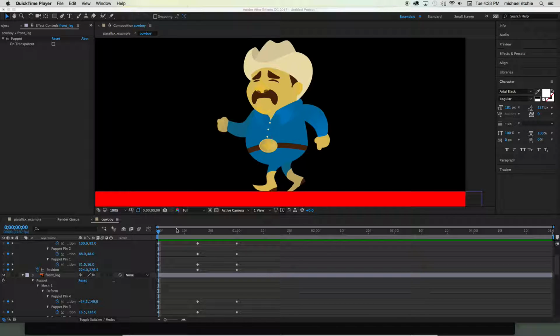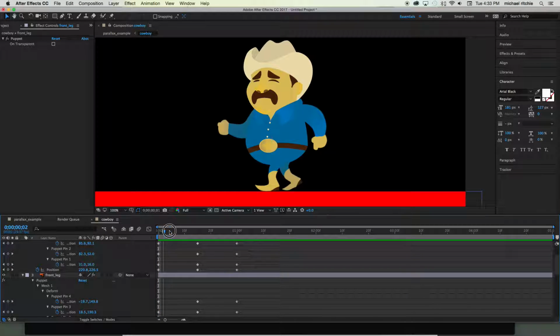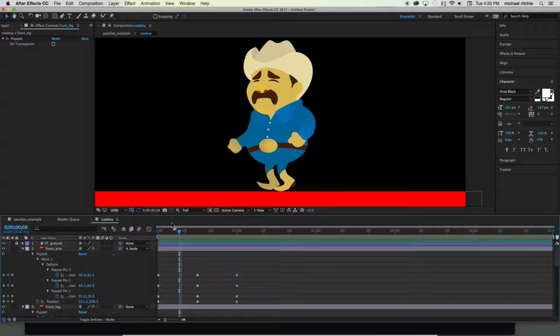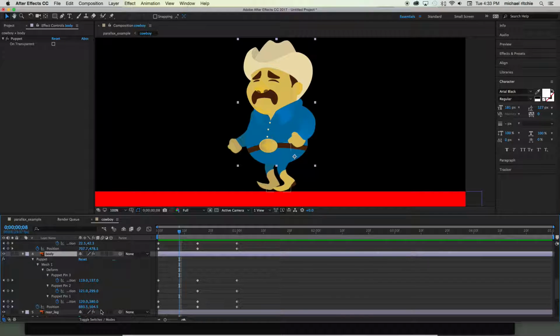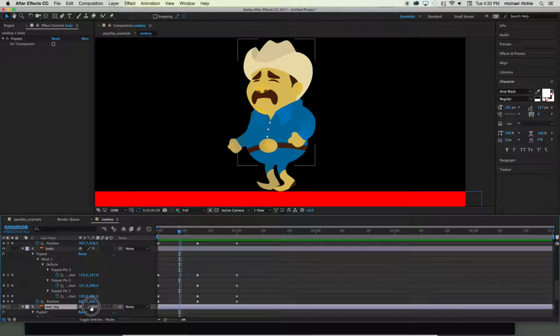All right, so we've got our two different down positions making up our whole cycle. And now we've got to put in our up position. So we're going to move to frame 8, which is a little bit in between our two frames. And we're going to start by taking our body and just sliding it up some. So on frame 8,